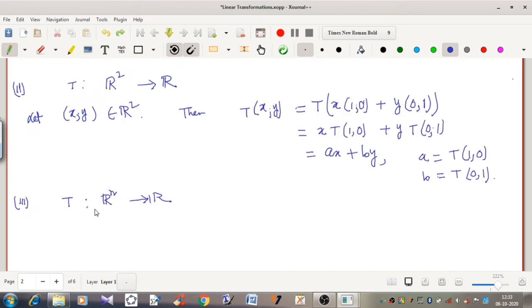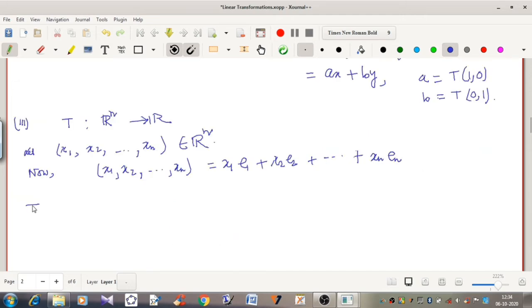More generally, we are interested to define the linear transformation T from the vector space Rn to the vector space R. For that, let us take a vector from the vector space Rn. Now we can write the element (x1, x2, up to xn) as a linear combination of the basis vectors E1, E2, up to En. Thus the linear transformation T at the point (x1, x2, up to xn)